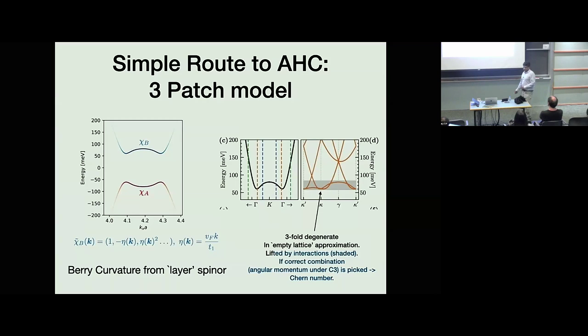Yeah, so the result currently shown on the phase diagram only has Chern numbers 0 and 1, right? Is there any sort of fundamental reason why higher Chern number doesn't show up? So actually, I didn't put up the references. There's a paper by Senthil and collaborators similar to this 3-patch model, and they talk about maybe there are regimes where you could get higher Chern number, but it's not as stable as this.